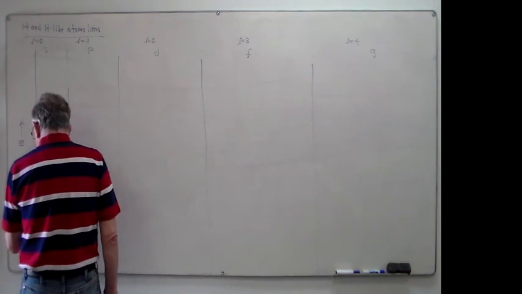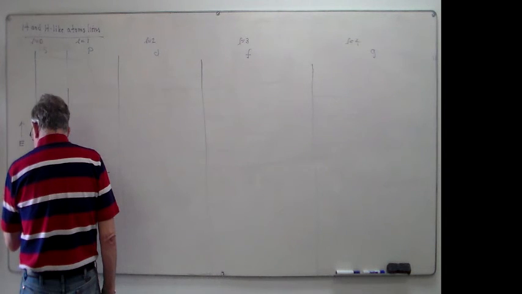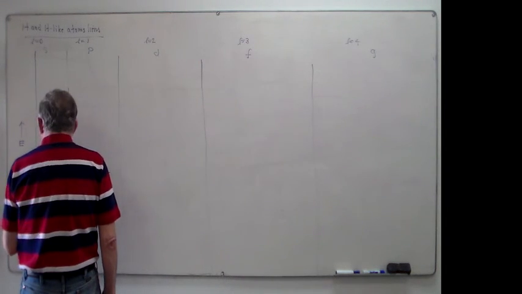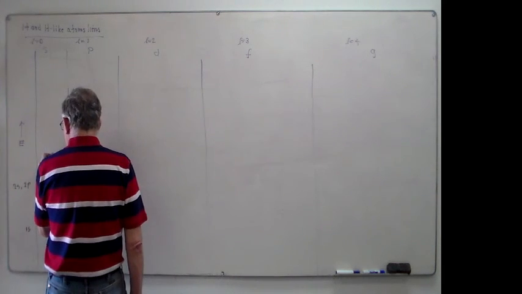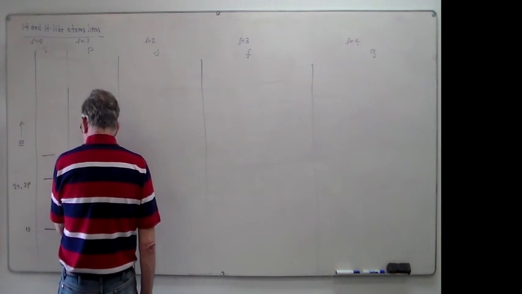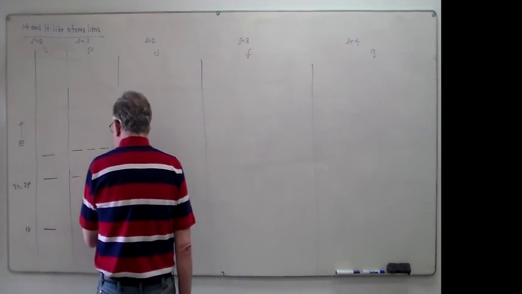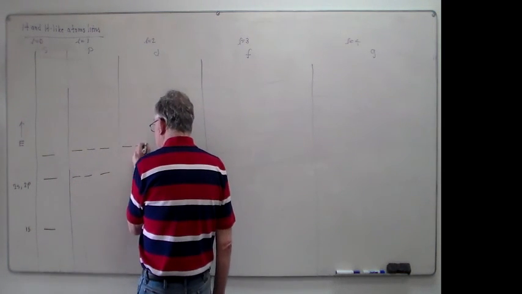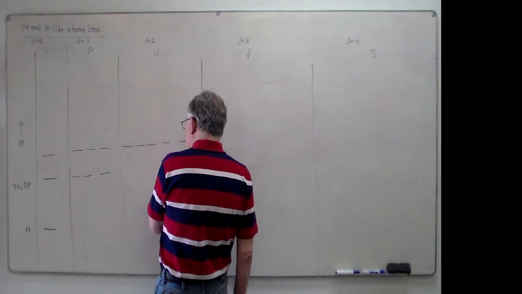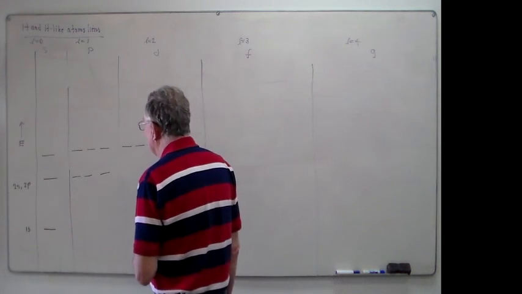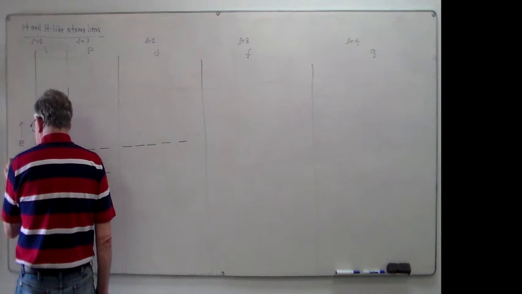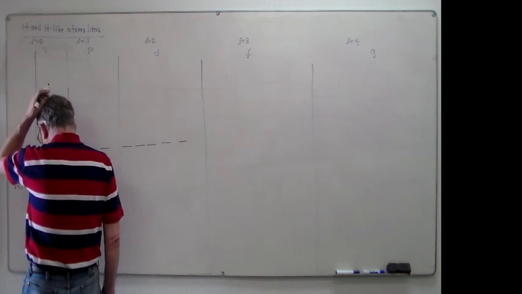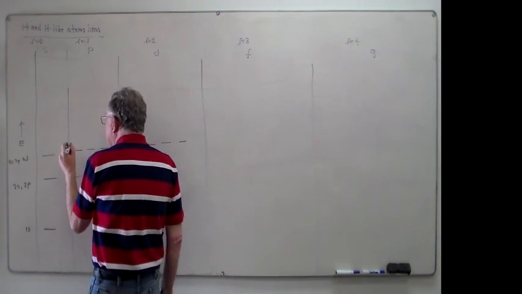So 2s and 2p. Then we have the 3s, 3p, and we have the 3d. 3s, 3p, 3d. Then we have the 4s,